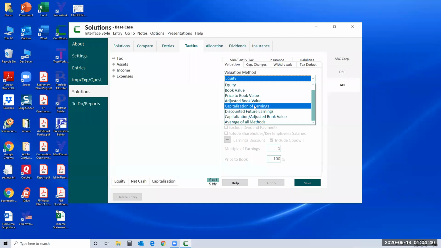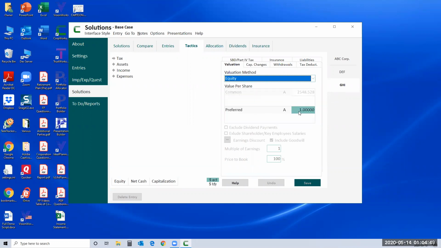Notice capitalization of earnings, which could be a multiple of earnings, which would be typical for an advisor's book, for instance. But for the preferred shares, if we had 100 shares outstanding, and the swap, so to speak,